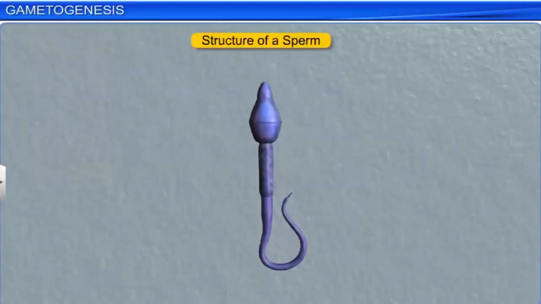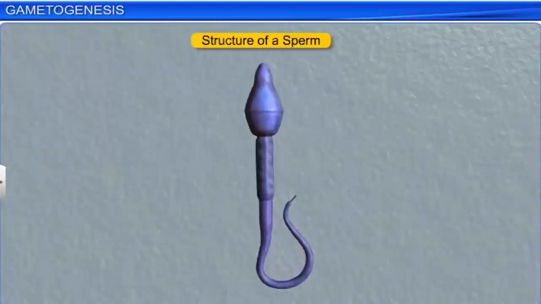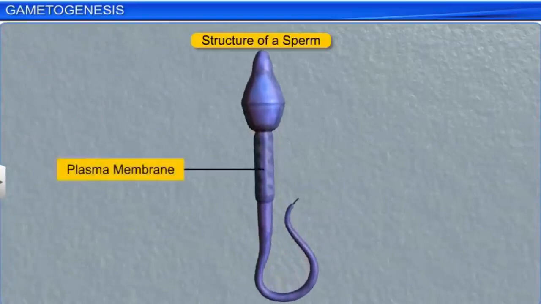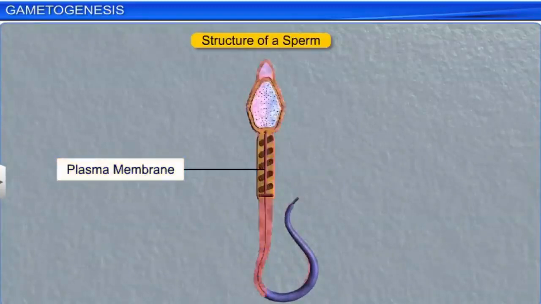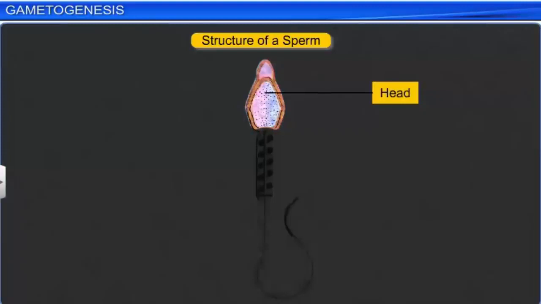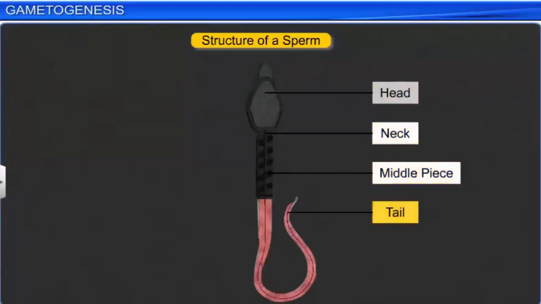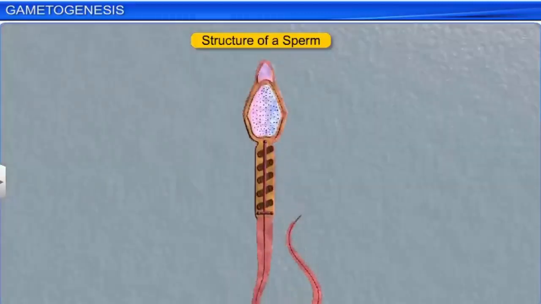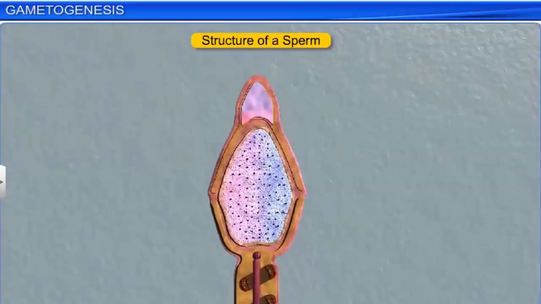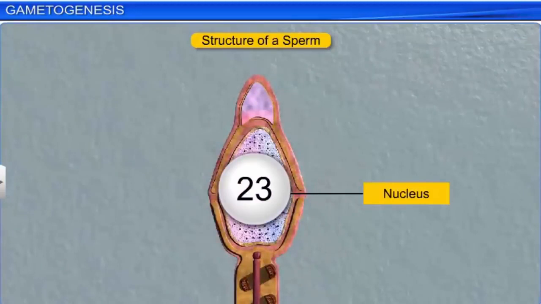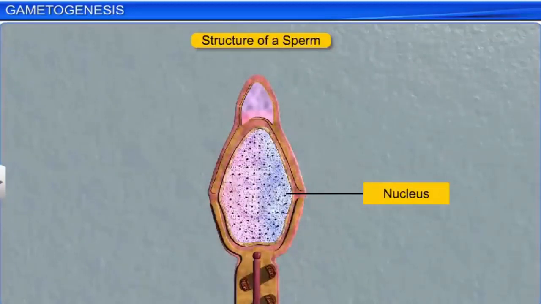Microscopic studies have revealed that a typical sperm is covered by a plasma membrane and has 4 distinct parts: head, neck, a middle piece, and a tail. Inside the head lies an elongated haploid nucleus containing chromosomes. The anterior part of this nucleus is surrounded by the acrosome, a cap-like structure filled with enzymes that help fertilize the